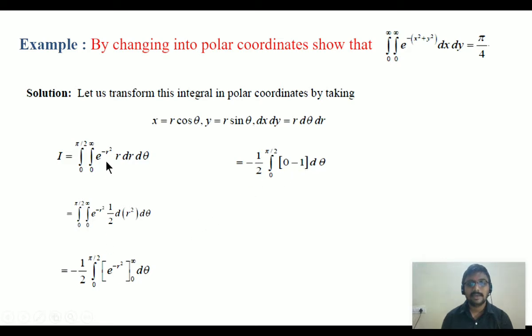So the double integration now clearly becomes a single integration. Now we have to apply integration with respect to theta. So negative into negative is positive, minus into minus plus. Integral 1 d theta is theta, limits 0 to pi by 2. First we substitute the upper limit pi by 2 and then the lower limit 0. That is 1 by 2 into pi by 2 minus 0, which is equal to pi by 4. It is the required result.